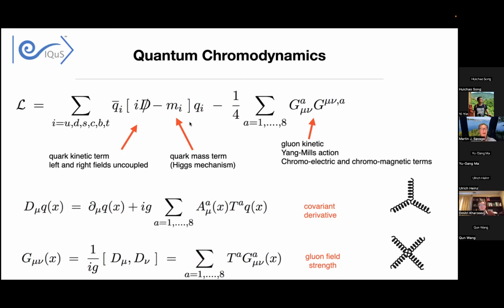When it comes to quantum simulation, one works in the Hamiltonian formulation, and there's a well-known and then some lesser known formulations of the Hamiltonian, as we'll come to later on. But you see there's really two different types of fields here. There's the quarks, which are fermions, and then there's the gluons, which are bosons. And so when it comes to simulation on a quantum device, with any computational platform with finite resources, one can only work with discretized and digitized